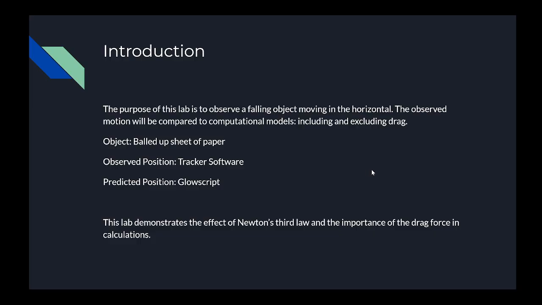In this lab, we observe a falling object as it's moving in the horizontal, and we compare the observed and computational models, including and excluding the drag force. The object that we used was a balled-up sheet of paper. We tracked its position using the Tracker software, and we created our computational model for the predicted position via GlowScript. This lab demonstrates the effect of Newton's third law, creating the drag force, and the importance of the drag force